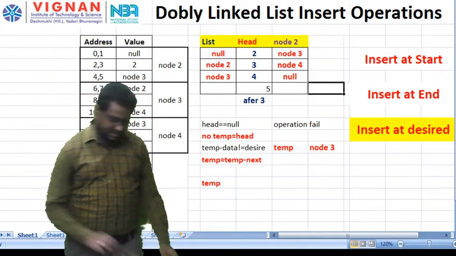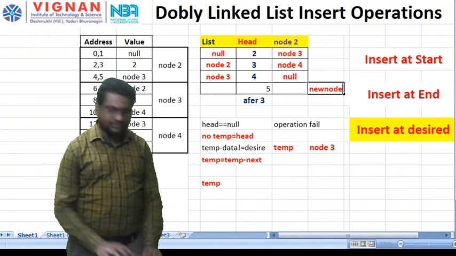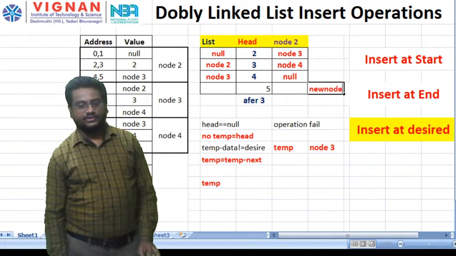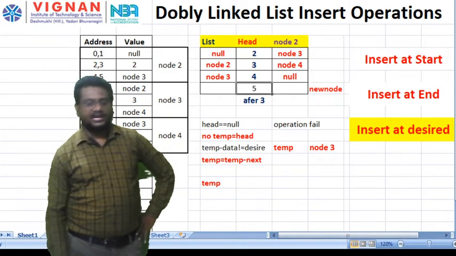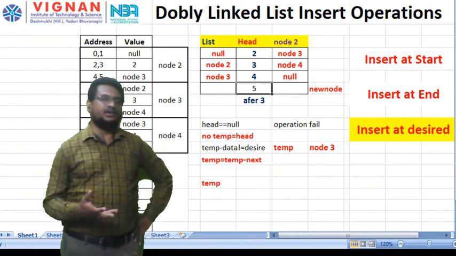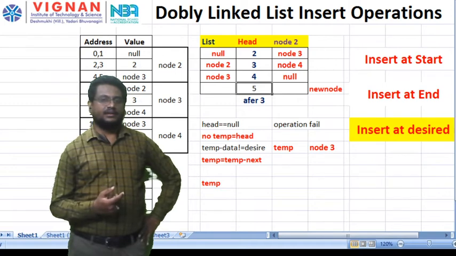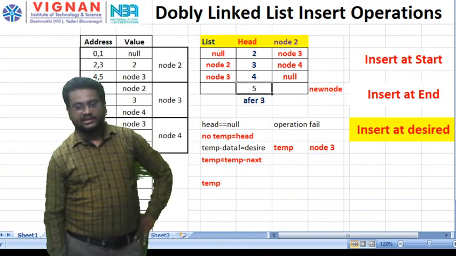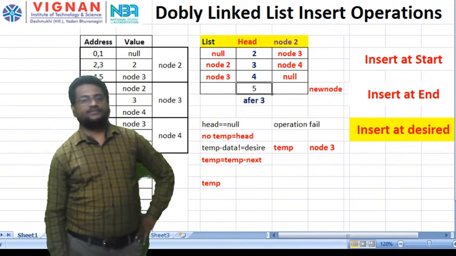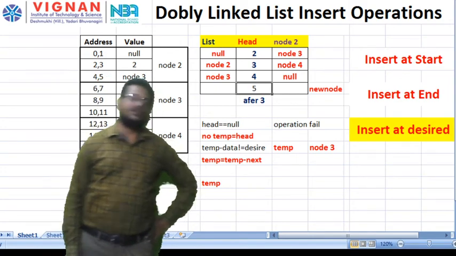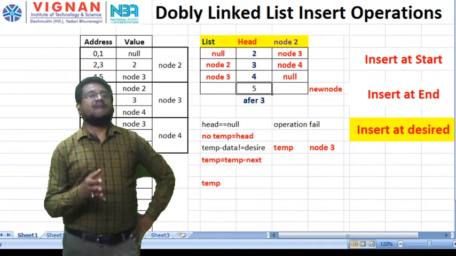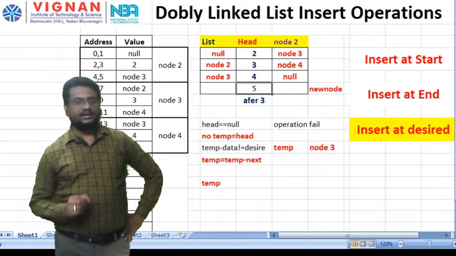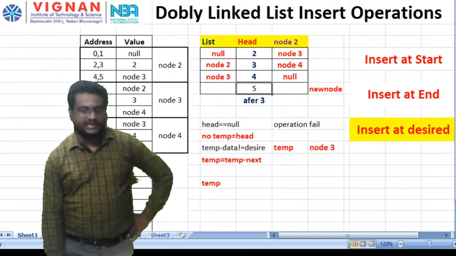What is 5? Now I created a new node. Why up to now didn't I create it? Because first I need to find the desired element, then only I will insert the data. So that's why I created the node right now.